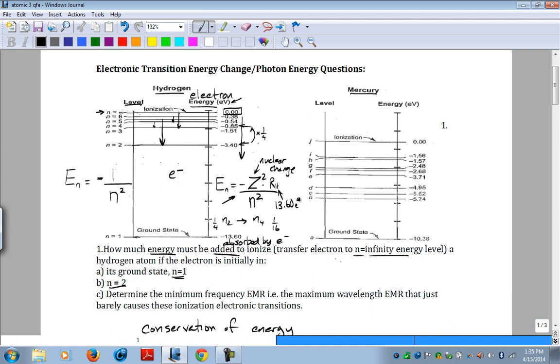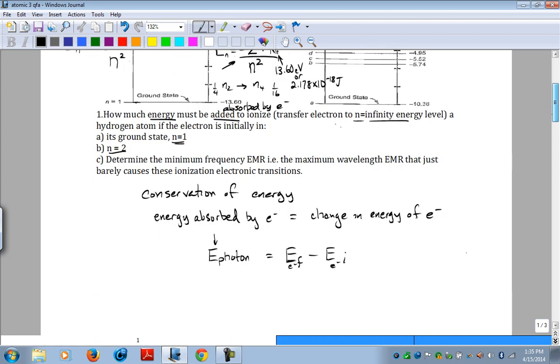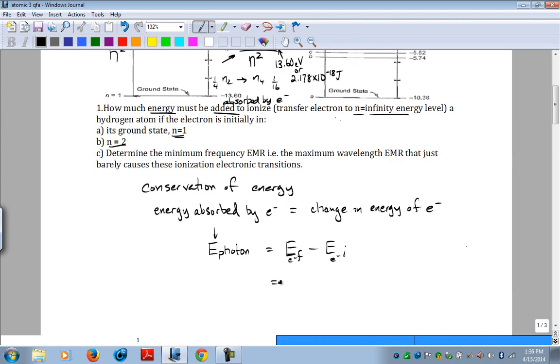This is times a constant called a Rydberg constant, and that is 13.60 electron volts, or in joules 2.178 times 10 to the minus 18 joules. Okay, there was no energy term, so we wouldn't get an energy value without that. Anyway, so specifically here, the electron's being knocked out, so that's the